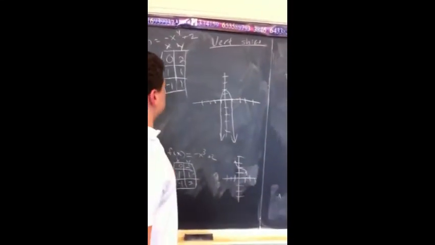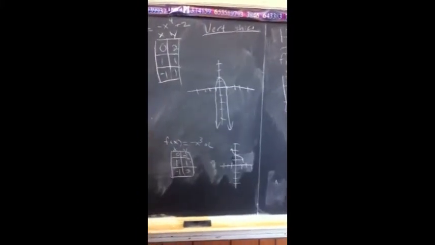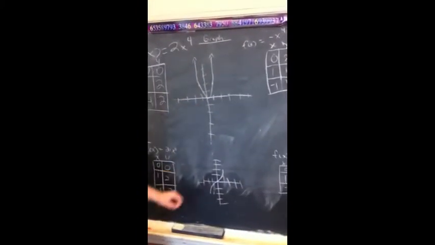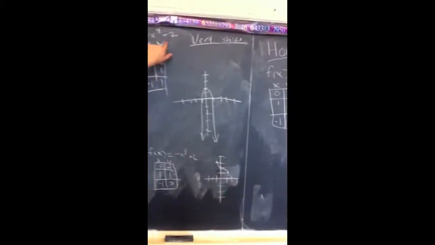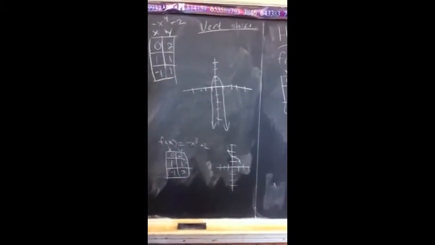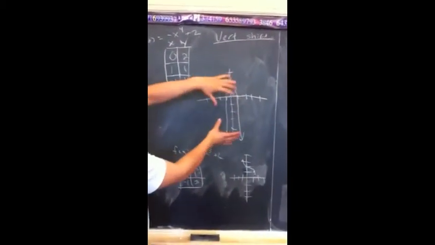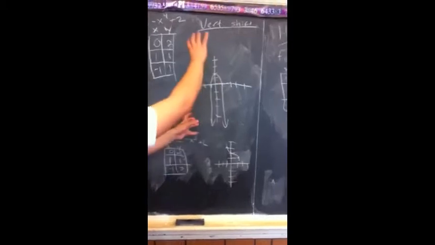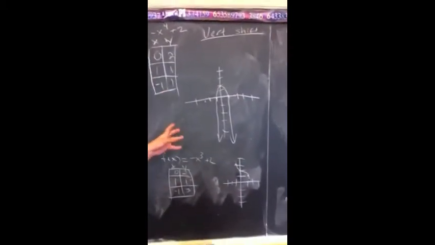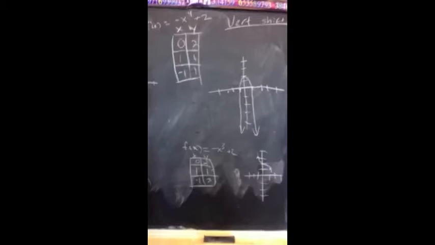So what's going to happen is the graph, instead of starting at the origin like it did over here, is going to start 2 places up on the y-axis because of the plus 2. And also because it's a negative x, the whole graph is going to flip around. So it's not going to be facing upward, it's going to be facing downward. But it's the same exact concept where it's still going to be a U shape because it's an even multiplicity,